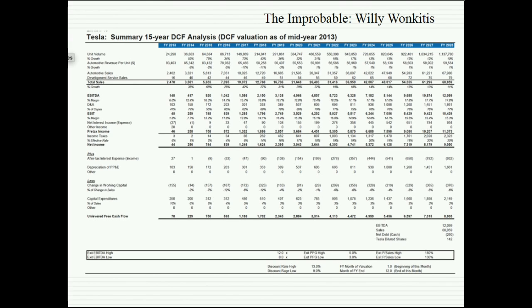I said, what slipped your mind? The fact that we need all this CapEx. I was just projecting things and I missed it. I made it a percentage of revenues, and he said, what should we do? We can't let out a public release that we've missed it because it'll destroy credibility. I said, that was destroyed already, but I have a suggestion.